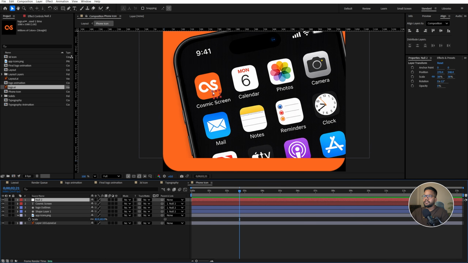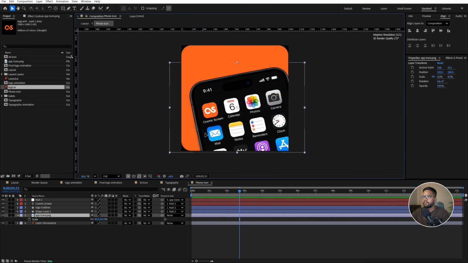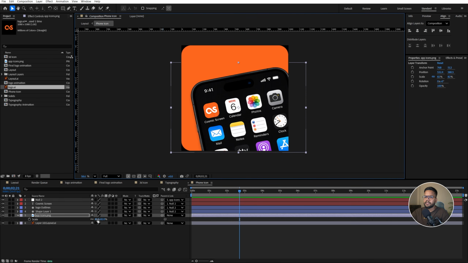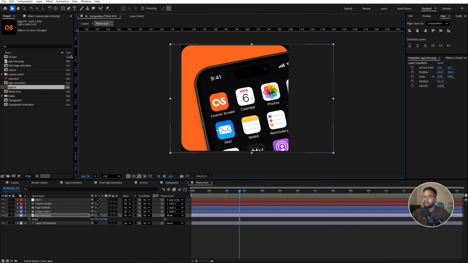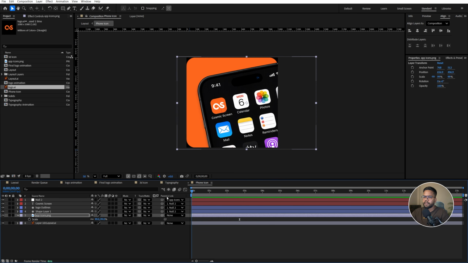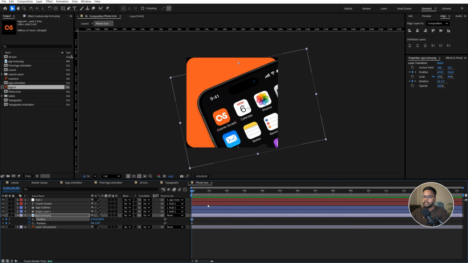Select your icon. So this is my icon and make parent to this phone, and if you move this then everything will be moved together. Now move it here and press S, increase the scale size of this and we have to add the rotation. So go to the beginning, press R and move it like this, add the rotation keyframe and press P to add the position keyframe and press U to see these keyframes and go to the 2 seconds and rotate this